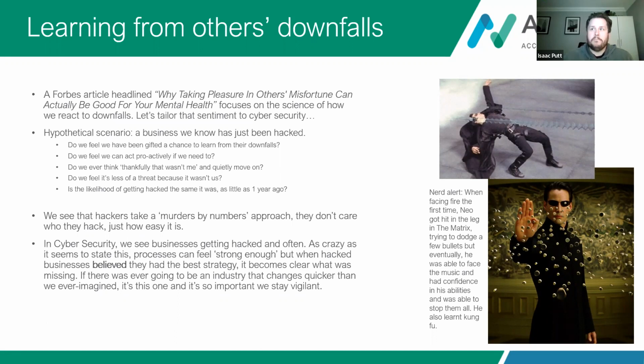So I've put these little nerd alert warnings in each PowerPoint presentation just to keep it lighthearted, as they are towards the end of the day. But if everybody's seen the film The Matrix, of course, when you consider Neo in the first instance trying to dodge those bullets versus how he became a lot more capable, confident, and able in his processes, you can see obviously how he was able to have that peace of mind and that confidence that he could block any incoming bullets from that point forward. I am an absolute nerd, so you'll probably see more of these as we go through the presentation. But I'm always keen to take any questions, or anybody wants to add any thoughts to that towards the end of the session too.